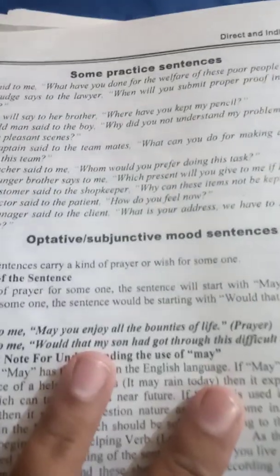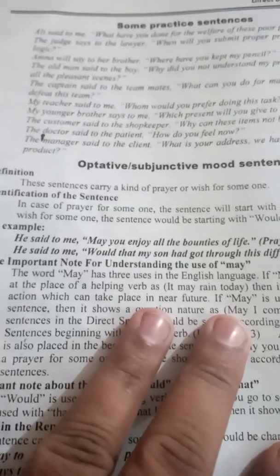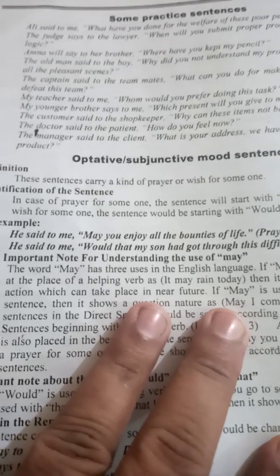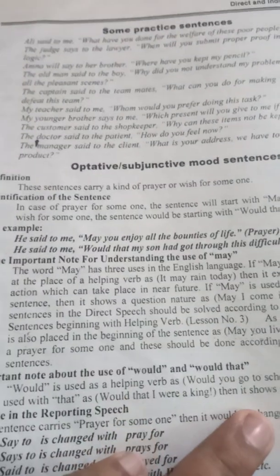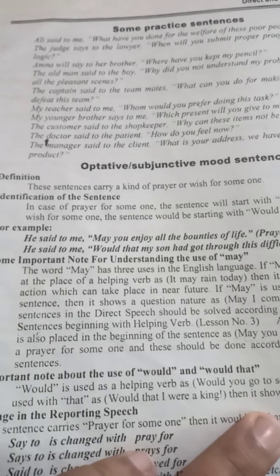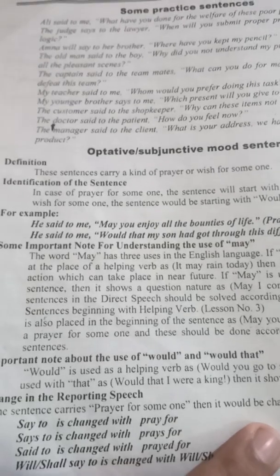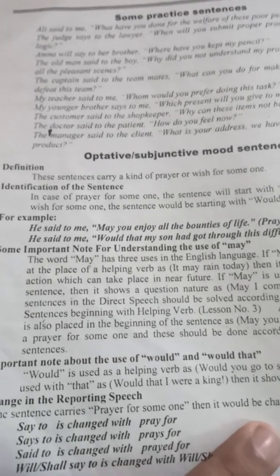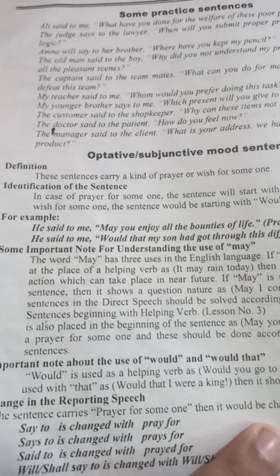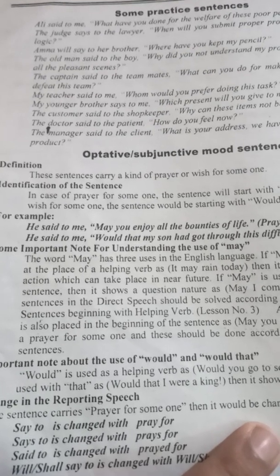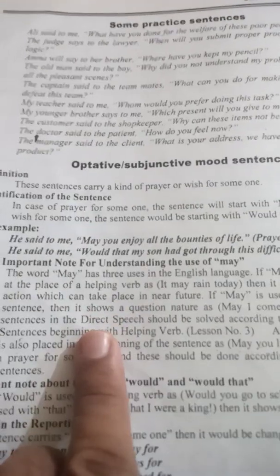Fourth kind is optative sentences or subjunctive. These sentences carry a kind of prayer or wish. For example, may Allah give you long life. So this is the example of optative sentences. Students, you have to note it down and read it. So this is optative. Then the last one is